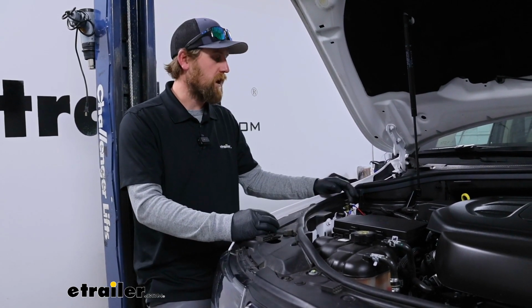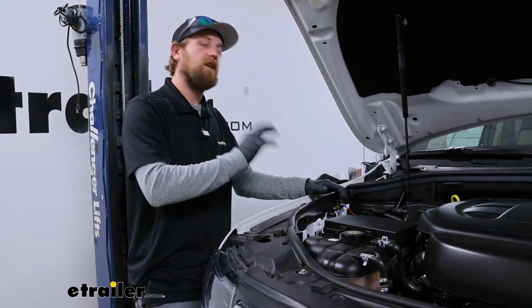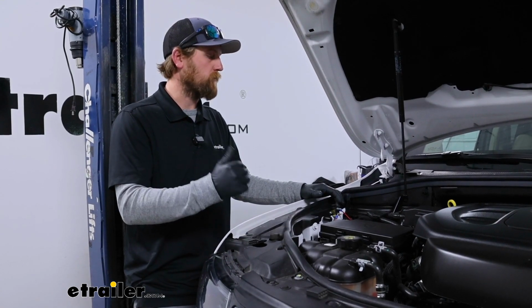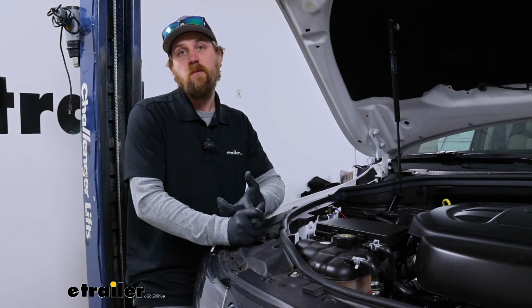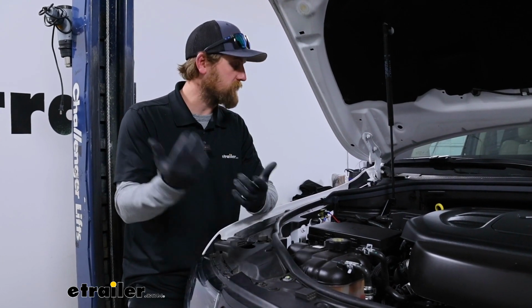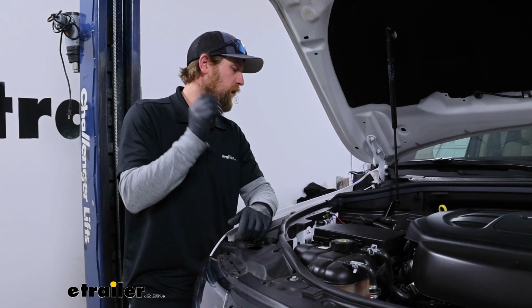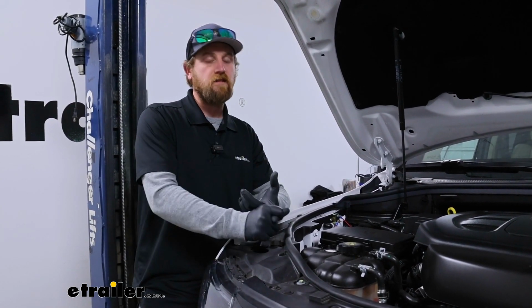Having a charge line is more or less going to trickle charge or maintain your battery whenever you're flat towing it behind your motorhome. That way, for one, you're not going to have a dead battery once you get to your destination and have to deal with getting a jump box out or cables bothering someone, whatever the case may be. But it'll also give you the confidence to know that your braking system is going to have the